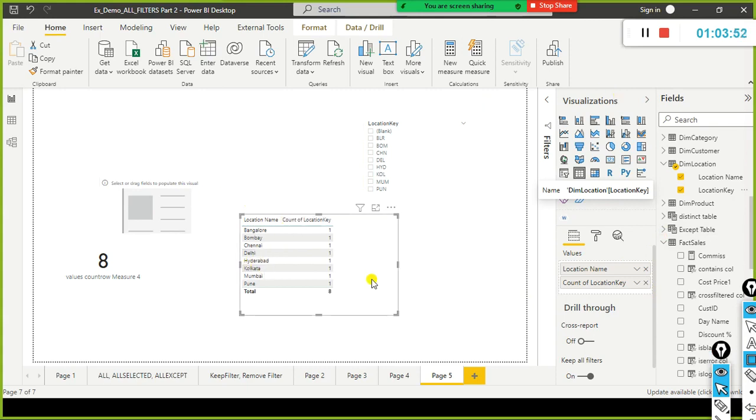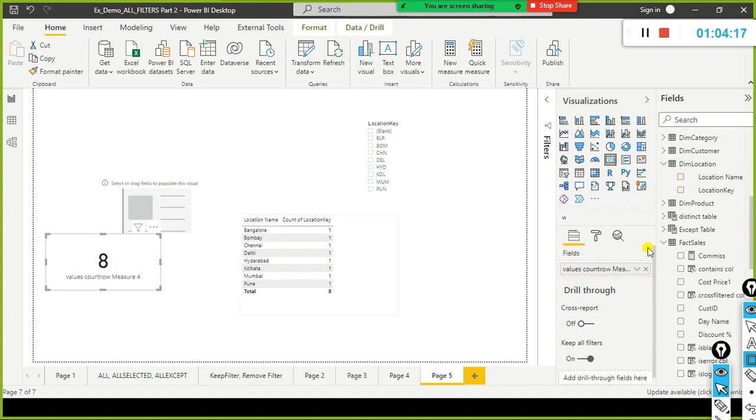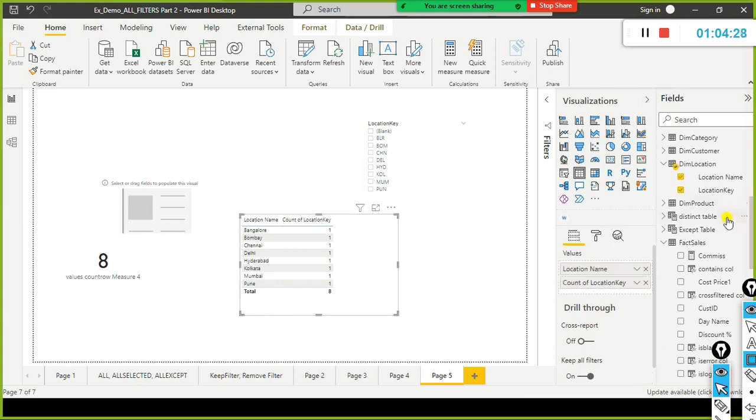So as per the Microsoft documentation, in case you have any orphan records, a location key which is not there in the dimension location table but is in your sales fact table or transaction table, then it will put a blank in this one when you use values, right? We also tried values count rows, but it shows 8 records: 2, 4, 6, 8 records. Ideally it should take this one into account also as per theory, okay? But it is not doing it, okay? So what I am going to do is values count rows,